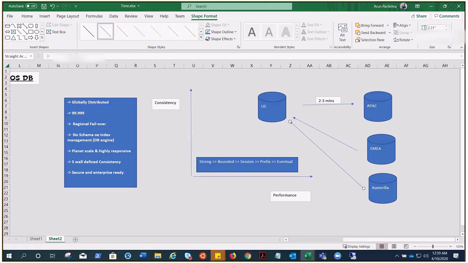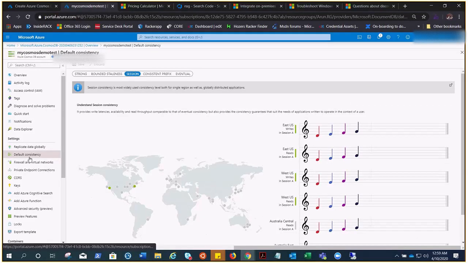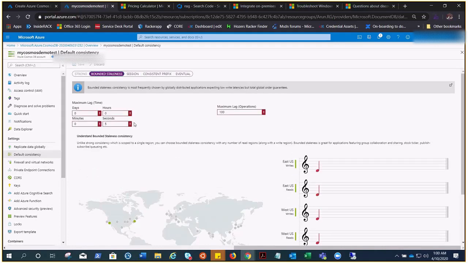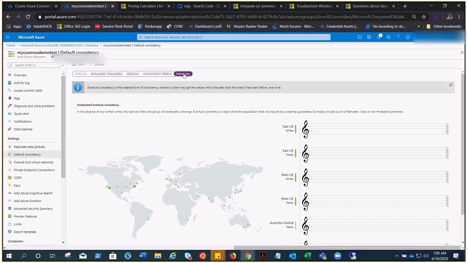So these are a few consistency levels that we need to take care of when we choose the default consistency. Right here you can see, you can select this, and you need to provide the timeline that I was talking about. This is the consistent prefix and this is the eventual. Now I know it was not that explanatory, but if we go and read about it a little bit, it will all start making sense. So if I click on eventual,